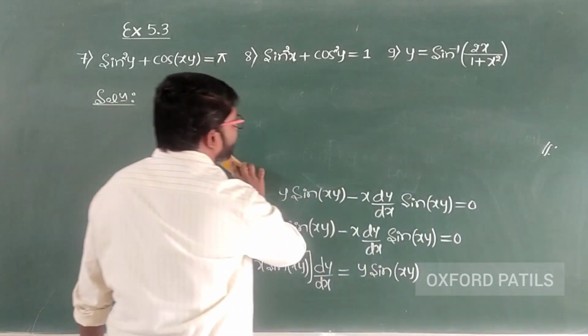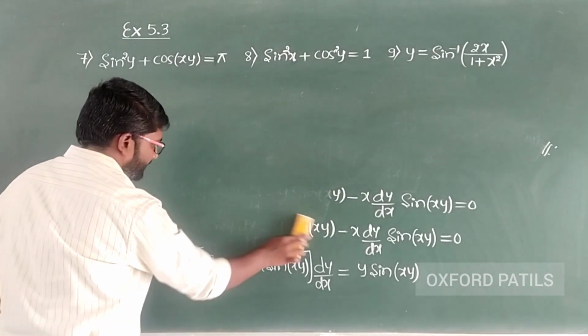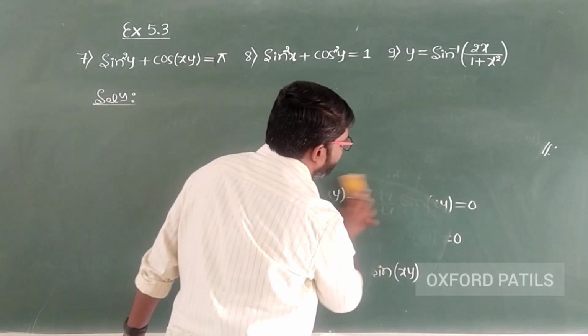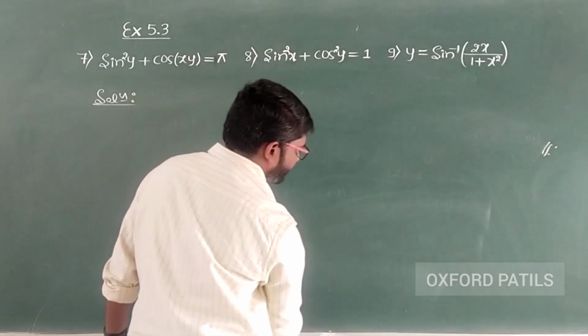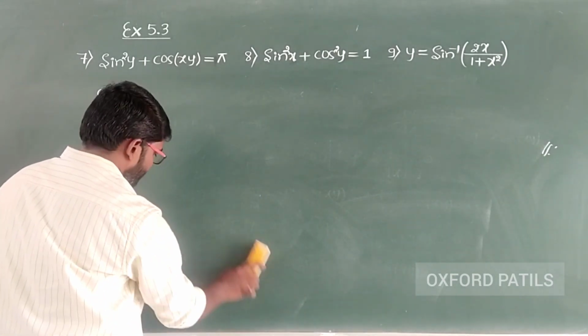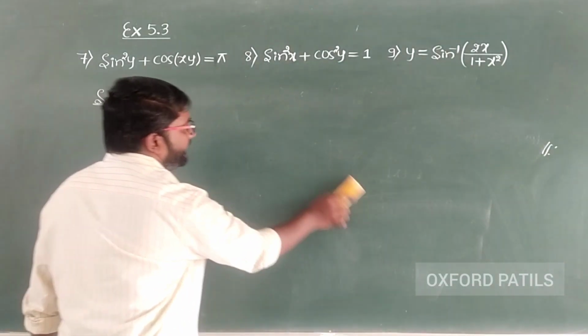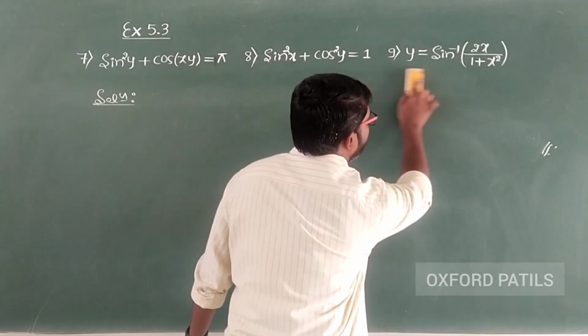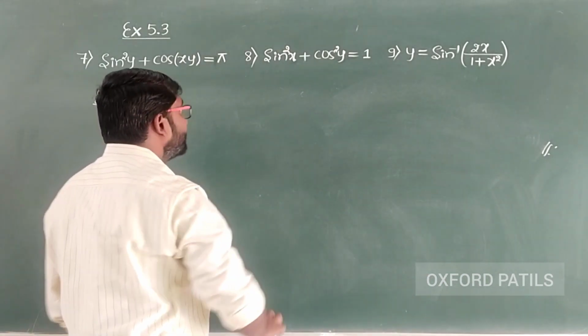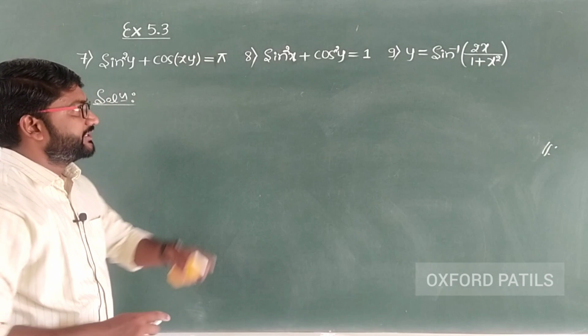So from question number 9, we have to go for derivatives of inverse trigonometric functions. So far we have calculated the derivatives of implicit functions. So let us move on to derivatives of inverse trigonometric functions. Question number 9, it is